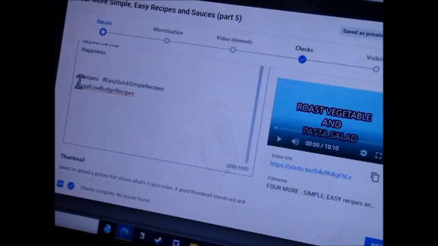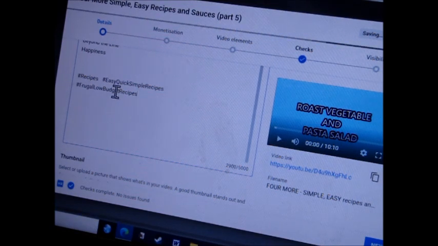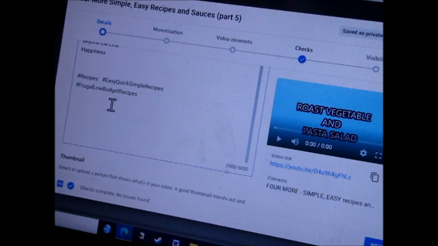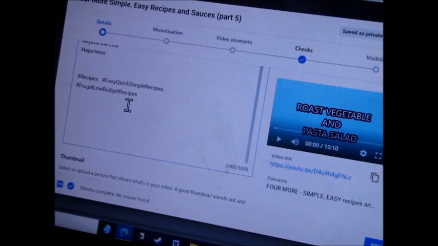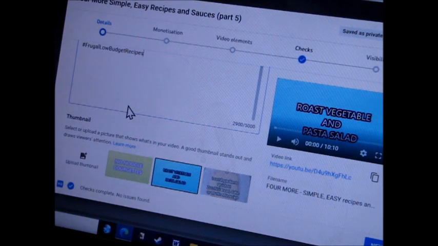Make sure you put the hashtag symbol prior to each thing you want to add. You must join all the words together, no gaps, and start each new word with a capital letter. YouTube still says only 3 hashtags. You can put more, but they won't be alerts to anyone.